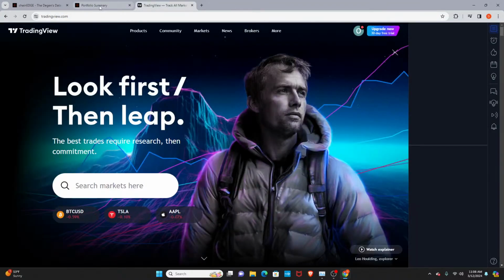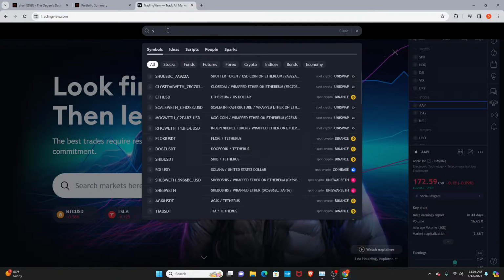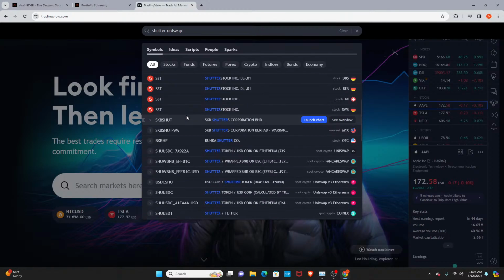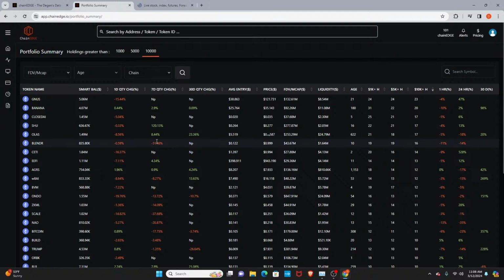So then the next part of the flow, I don't know. Oh yeah, I should be logged in here. For things like this, it's all about just making sure you get a decent entry, right? Let's see if I can find the right Shutter. I think that's it. Right, so that checks the boxes of, okay, it's high up on the list. It's a real project. I think they actually make a decent amount of revenue. Smart money is accumulating it. They're not sitting on this massive bag that they're selling down, which isn't always the worst case, but